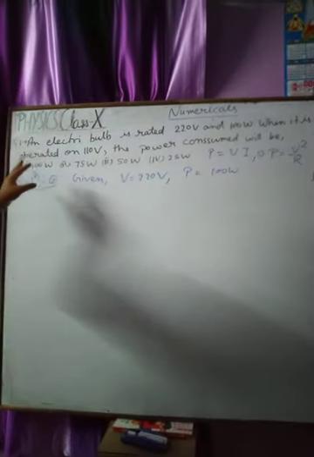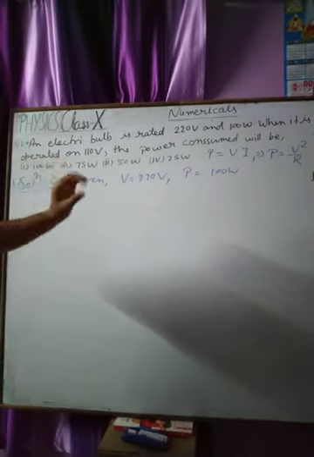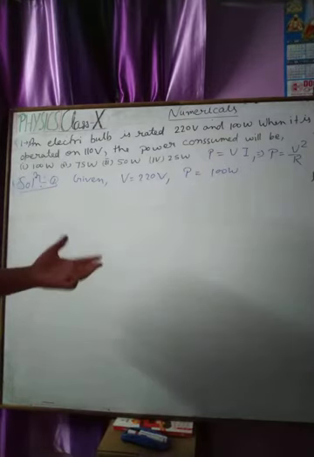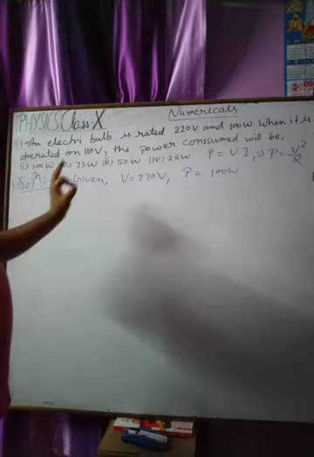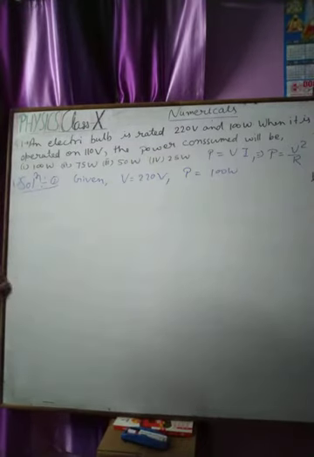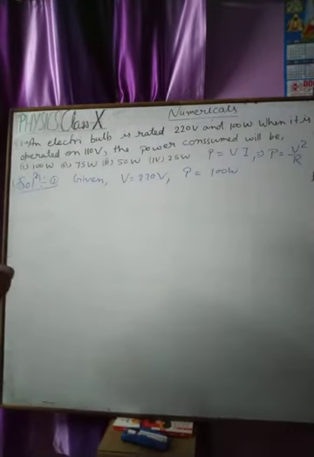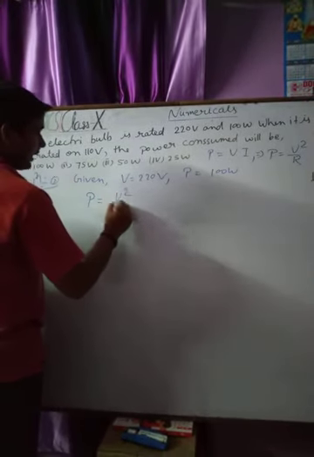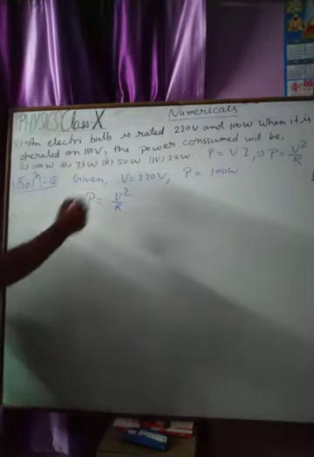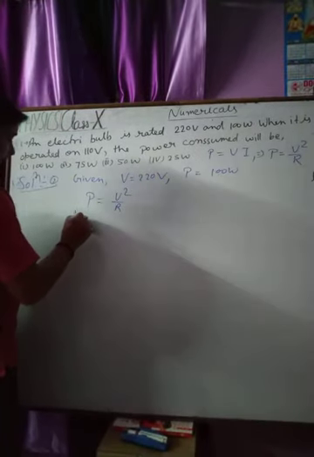So in this type of question, you should always find the resistance first and then solve according to the given condition. Let me solve this by calculating the value of resistance of this bulb. We have power is equal to V square upon R, and we have power is 100 watt.